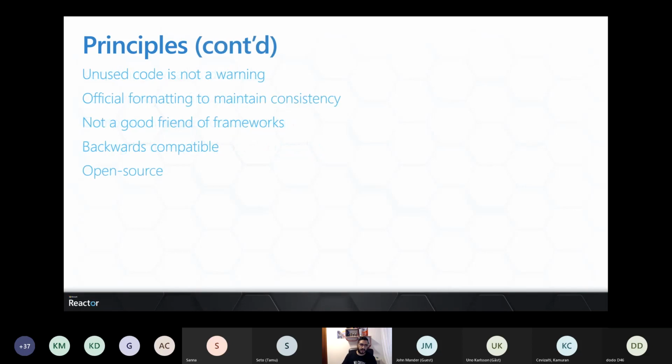The other set of principles is that, as I was saying before, unused code is not a warning. This is very different from other programming languages, because in other languages, when you're compiling, you simply get a warning.